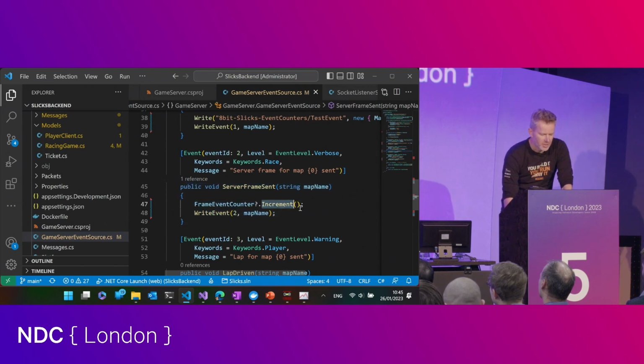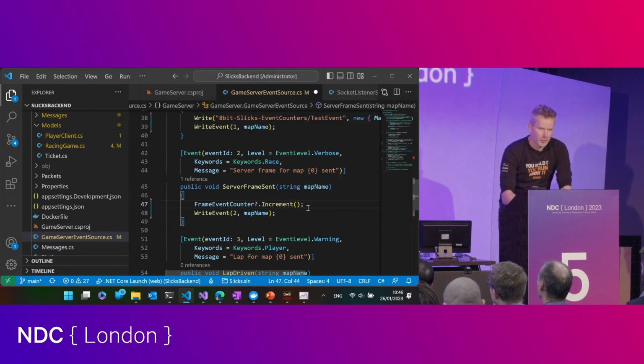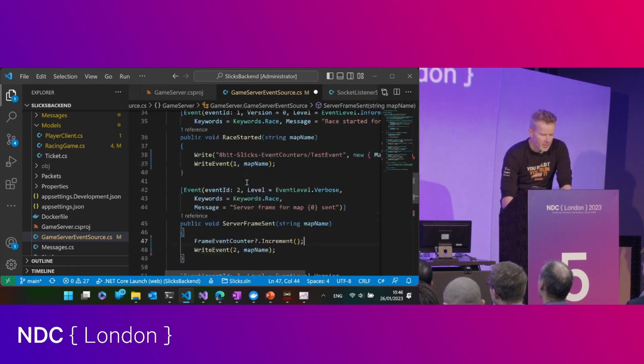So every second, this is incremented. This is actually a 1, but if it's something different, it's a double value that you can add here, but by default it's 1. And we're doing 1 frame every time we send this thing. Now it's a